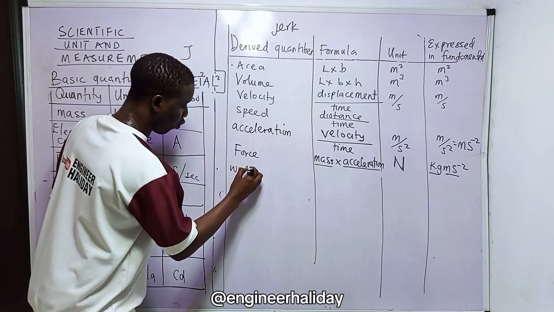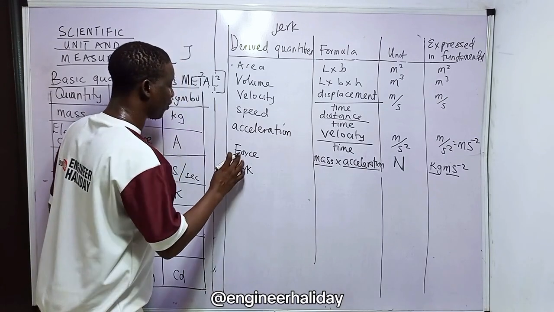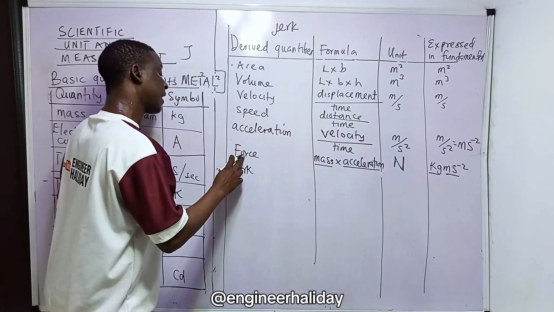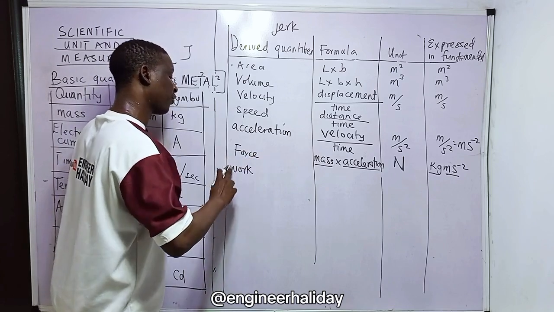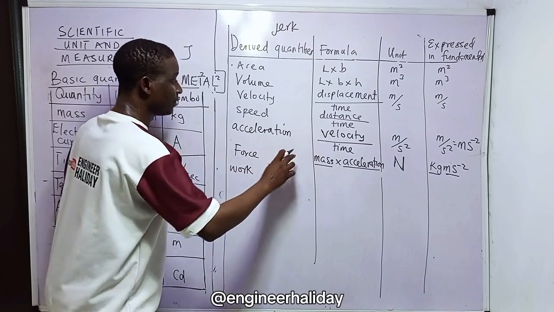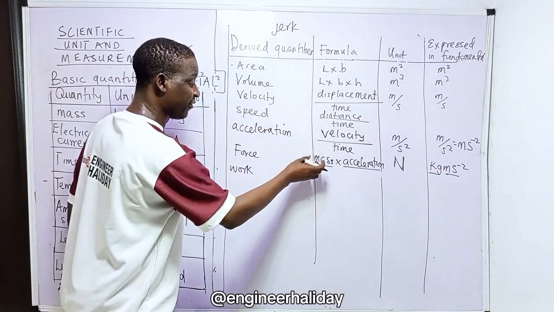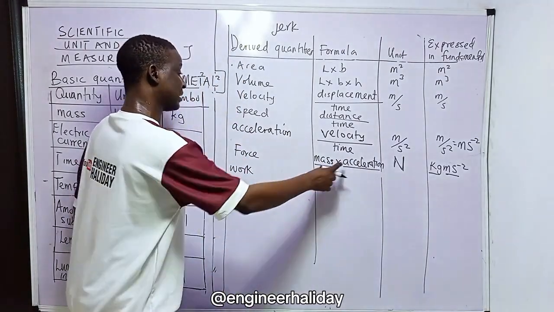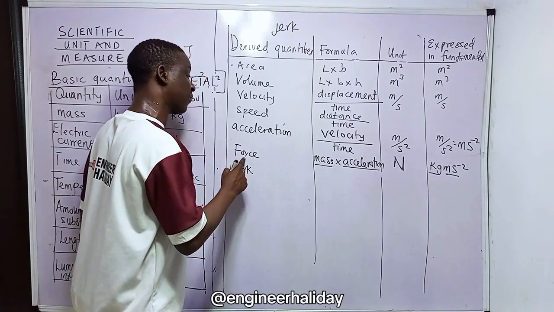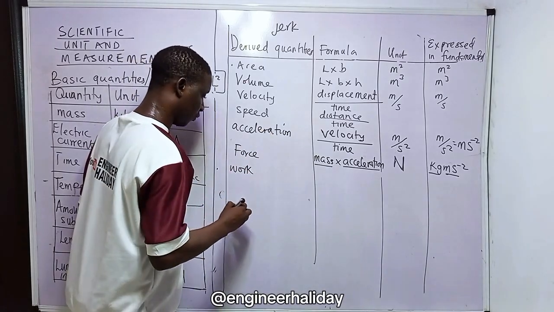Now we have what they call work. Don't forget, force can be of different types. It can be gravitational force, it can be electric force. Generally they have the same unit, Newton. The formula might change, but the basic formula is the same. The acceleration can be acceleration due to gravity when it's gravitational force, and so forth.